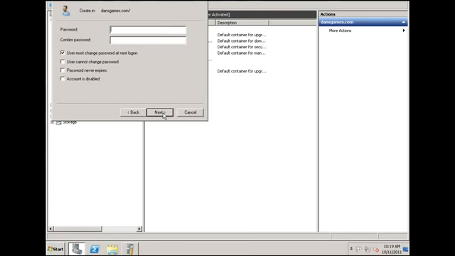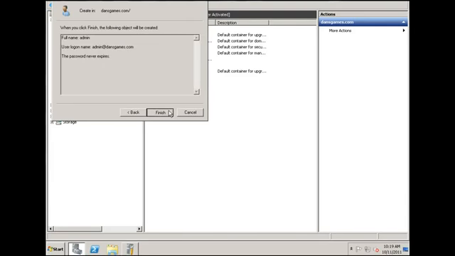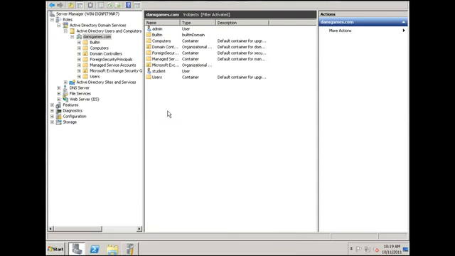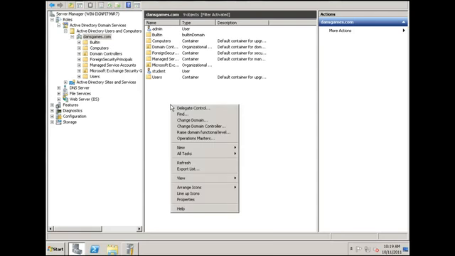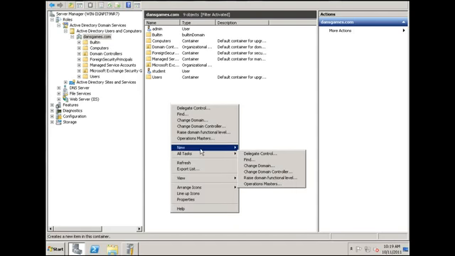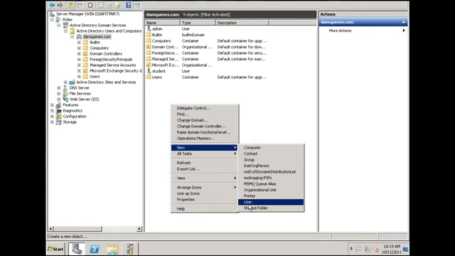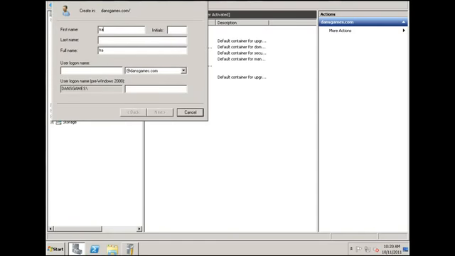That's fine. Hit next. Uncheck this. Password never expires. And then we need to make a password here. All right. Okay, so we've got two users here, one named student, one named admin, and then we'll make another test user. We'll call this user Tracy,